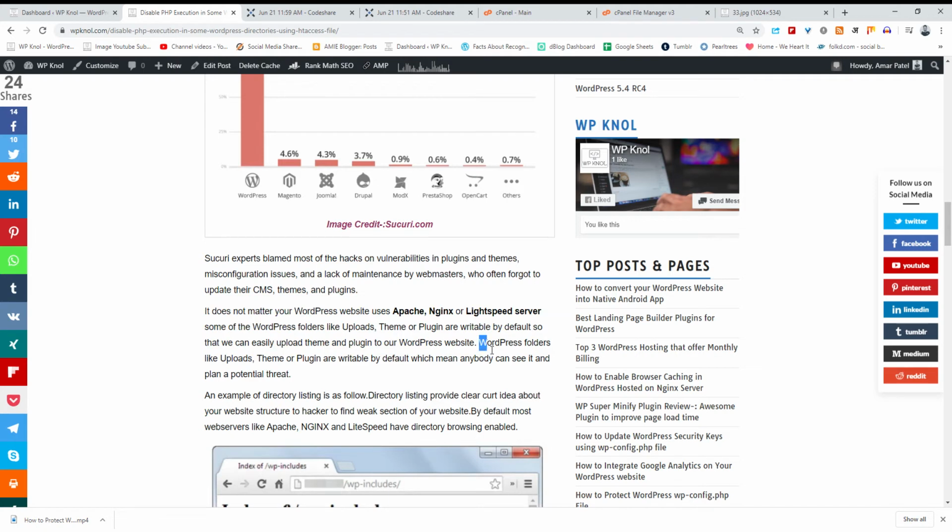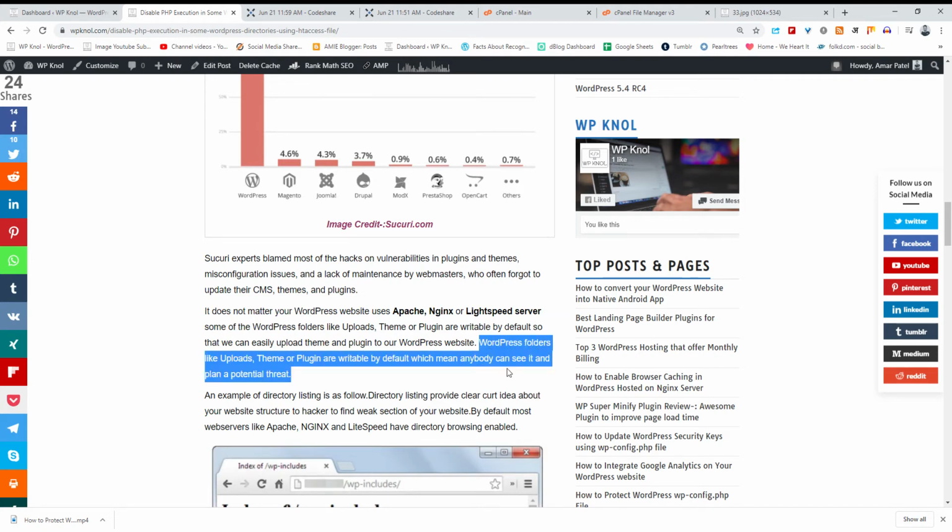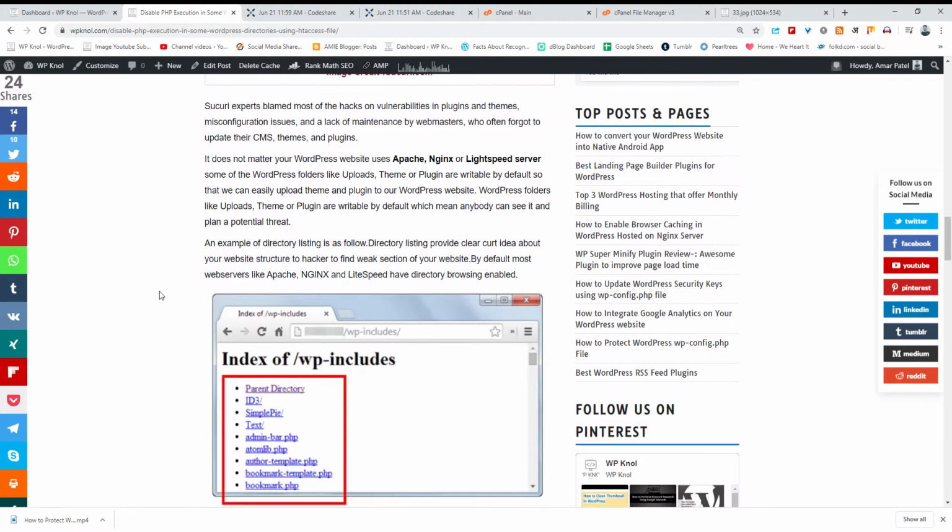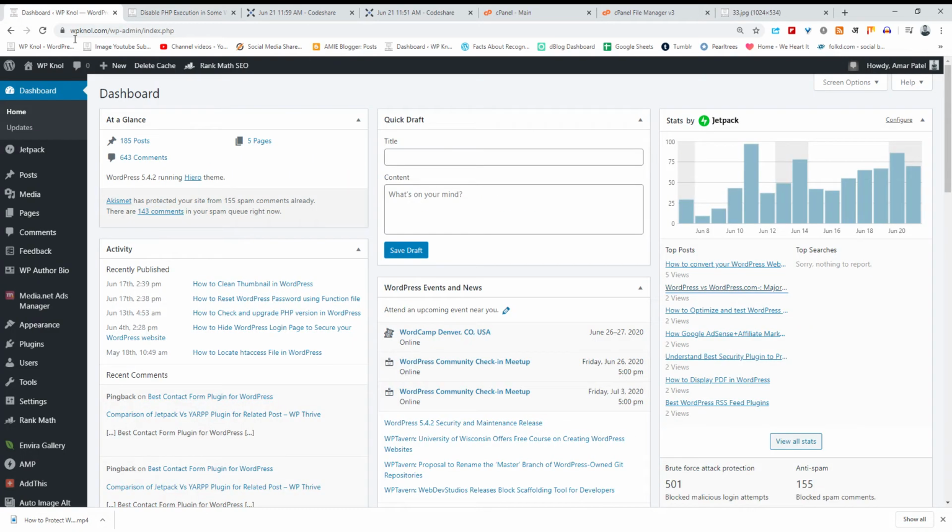Folders like themes and plugins are writable by default, which means anybody can see them and plan a potential threat. Okay, see this: default writable folders are for our ease, meaning we can easily upload any themes or plugins.